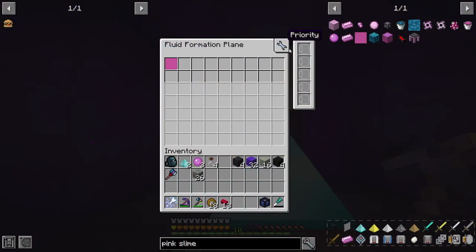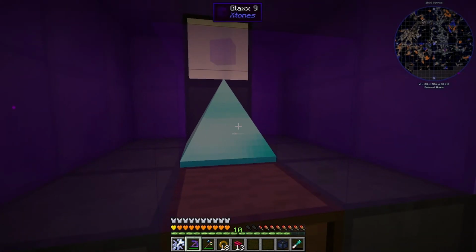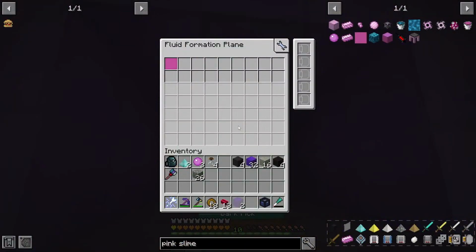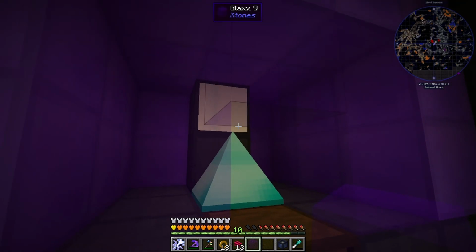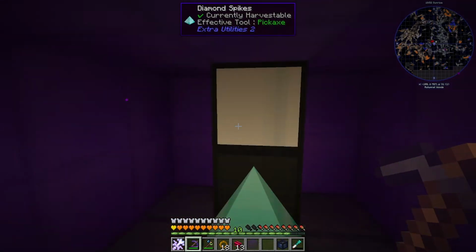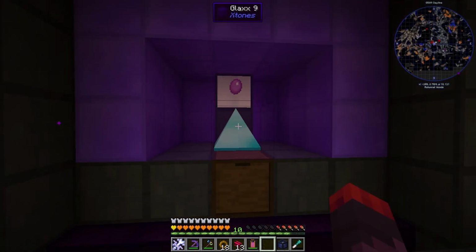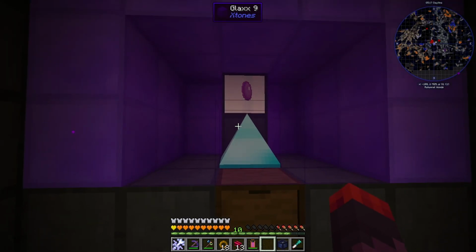I'll be honest, I'm not really certain how this is going to work out. This is the formation plane. Should be able to just place it, right? Am I crazy? Right? Might be a little crazy. Let me do some research. Some really bad news. Regardless of why the formation plane isn't working, this isn't working, at least with our current hopper setup,